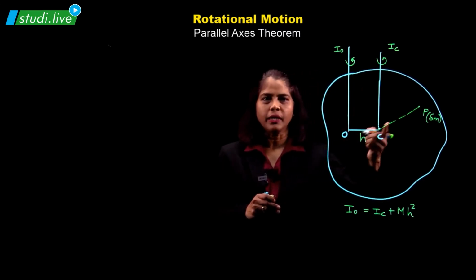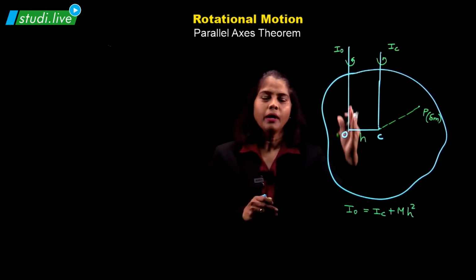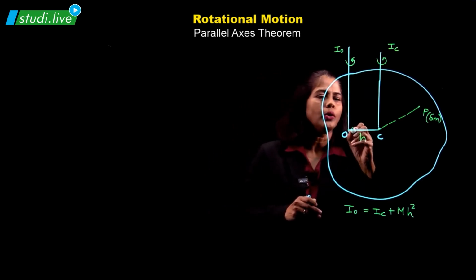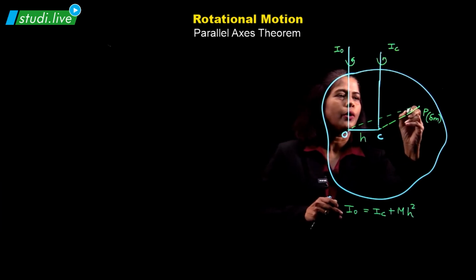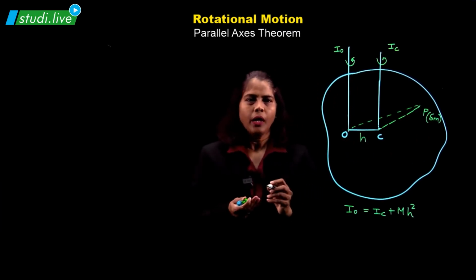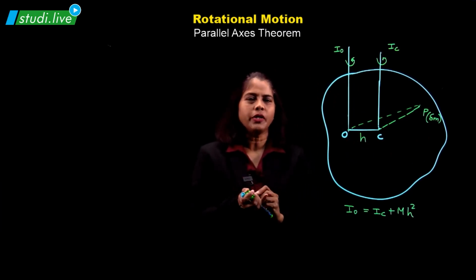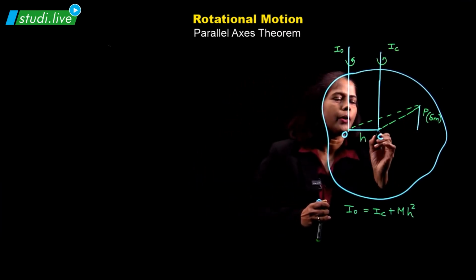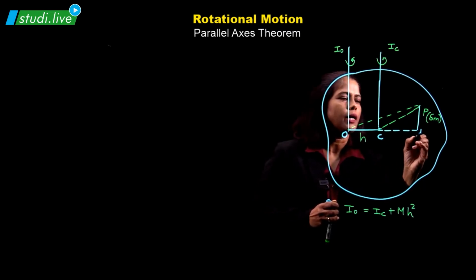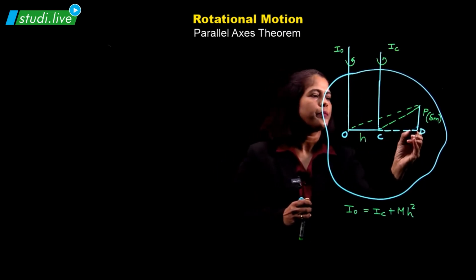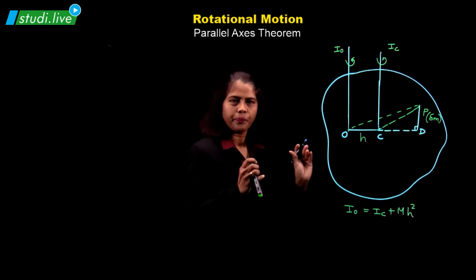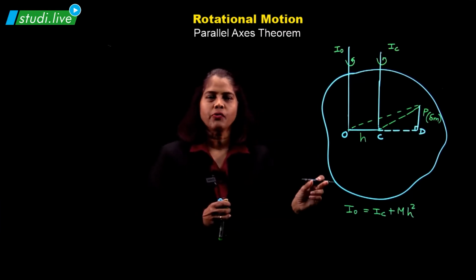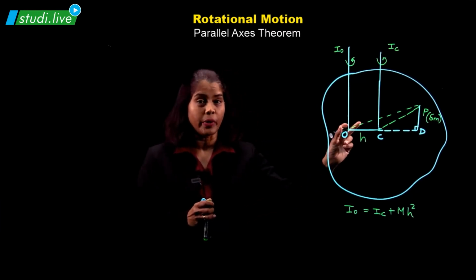So, I get PC, perpendicular distance from IC, right, that axis, and one more, that is OP we are going to draw. Okay. And one more construction we are going to do here, that is draw perpendicular from C to this part. Let me mark this as D. It is perpendicular 90. Okay. So, is this diagram clear to you? Why we have taken here particle? Because for moment of inertia, in that definition we require it.